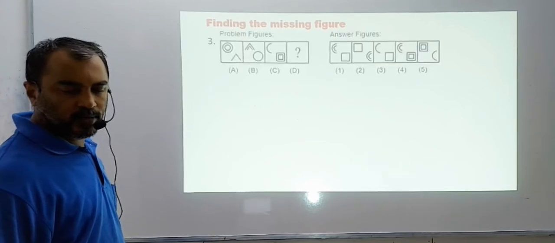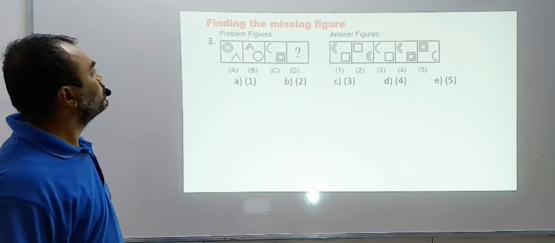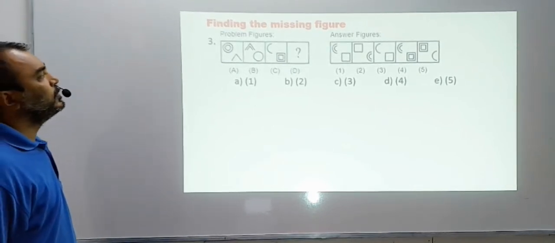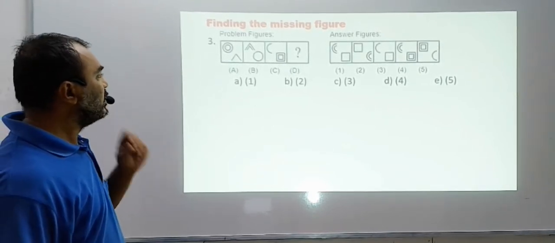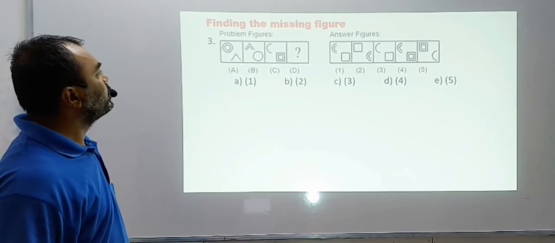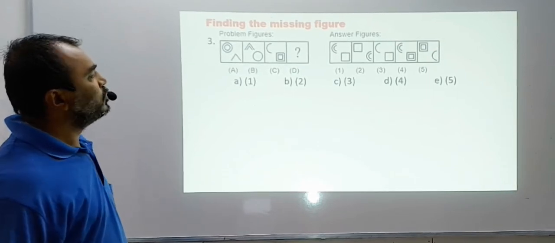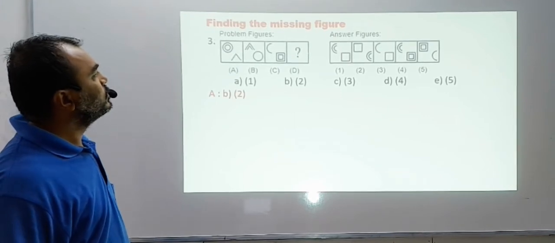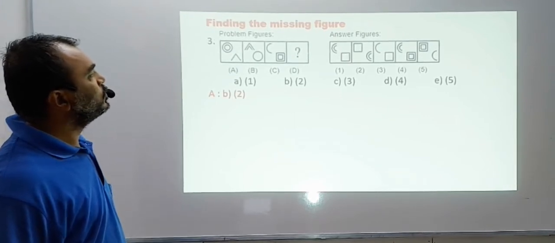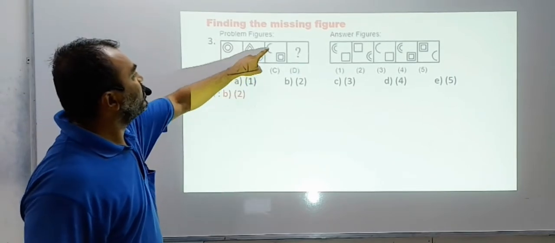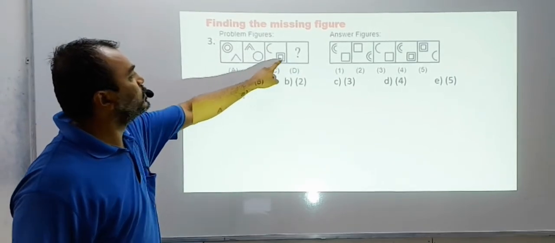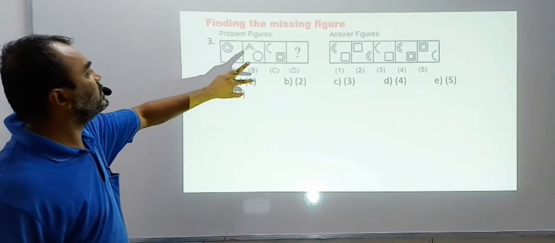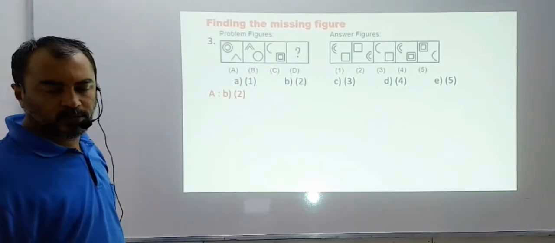The next one we have. This is very simple and you will solve it very quickly. See the figures, the exchanging places. So very quick, what is your answer? Did you follow? Exchange of places. This half semicircle has come down, becomes 2. Square goes up, becomes 1. So the places are exchanged and even the number is exchanged. So the answer is B2.